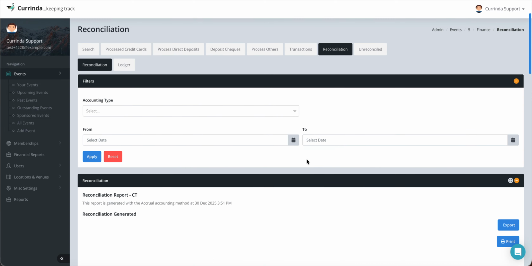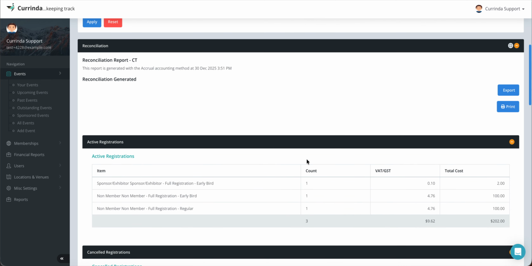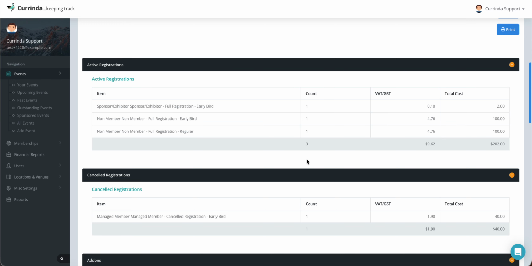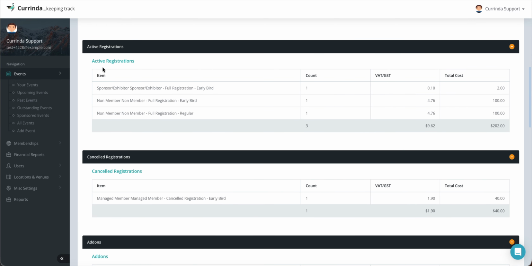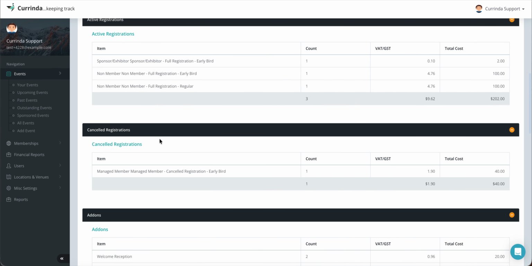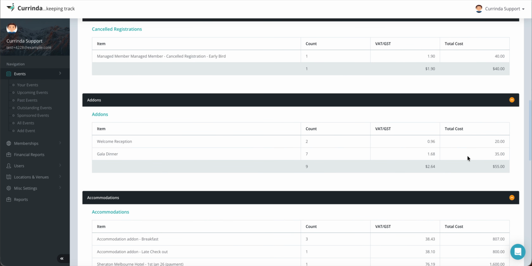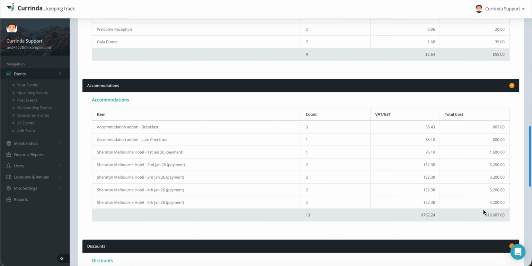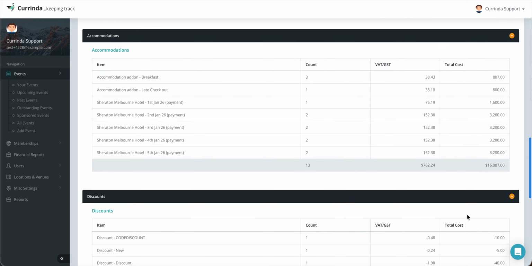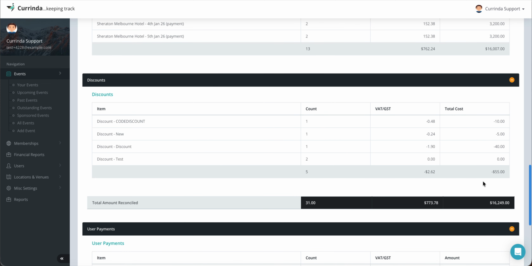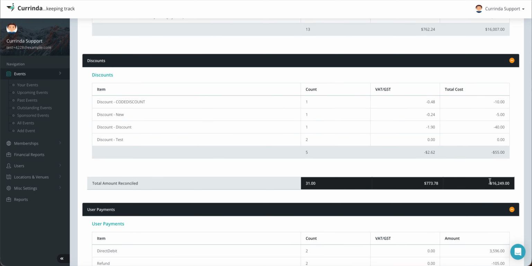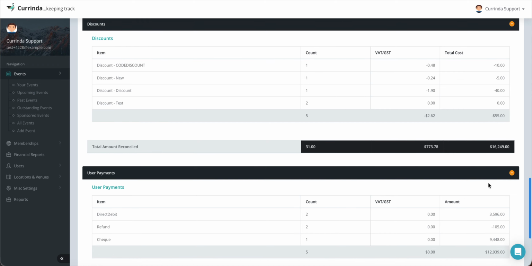Reconciliation is basically the detail of everything that has been happening in this event. Active registrations sold cost $202, and we also had canceled registrations, which cost $40, and add-ons sold for $55, accommodations sold for $16,000, somewhere around there. So we have discounts of 55, and then we have a reconciled amount of $16,249, and